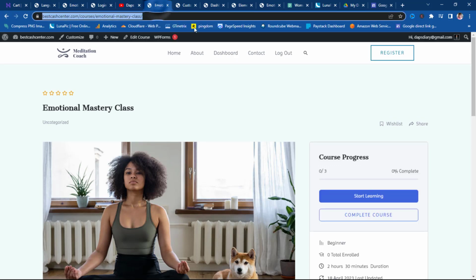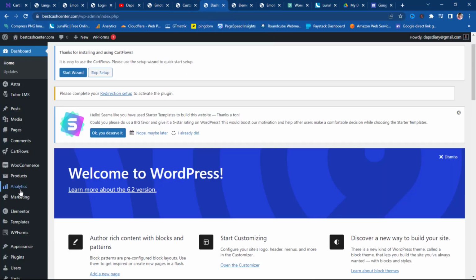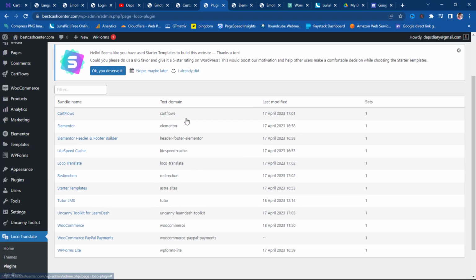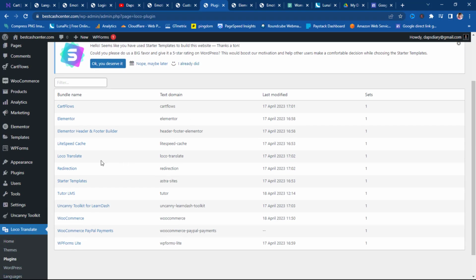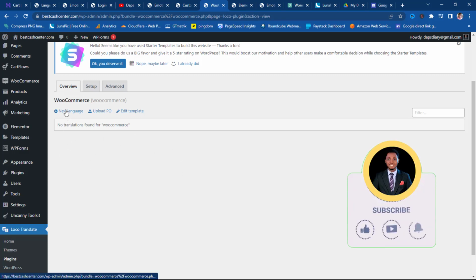So when we come down here, we can just come to dashboard, and now let's come to Loco Translate, and then let's come to plugins. We have quite a number of plugins here. First, we'll be modifying our WooCommerce plugin. Here we don't have any language. If you can find your language here, you can click that, but since we don't have a language here, we'll create a new language,